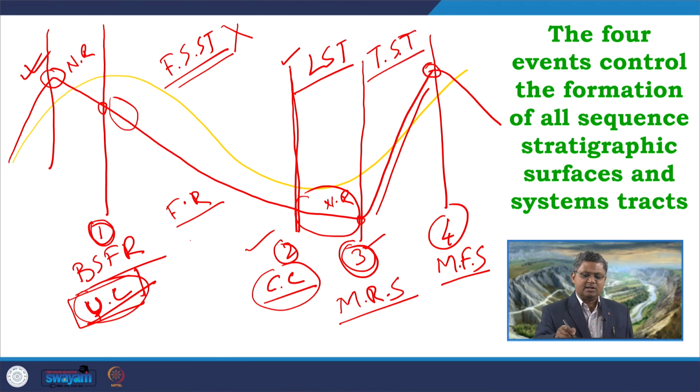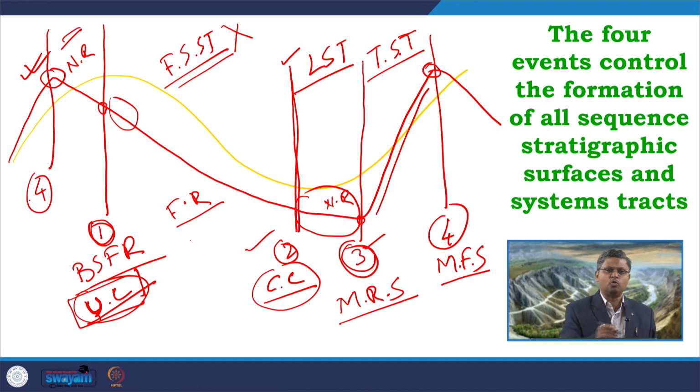Then comes this next phase. So, I am referring back over here, the same phase. So, this is the boundary 4 and 4 to 1. So, end of transgression, start of normal regression and start of forced regression, the portion in between these two boundaries, the start of the forced regression and end of the transgression. So, that phase is a normal regressive phase when the base level is at its maximum, very high, but rate of base level change is slow.